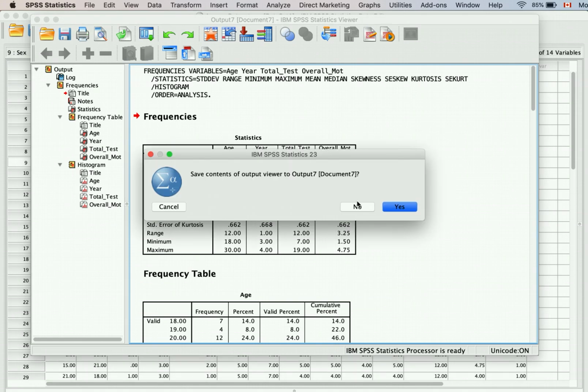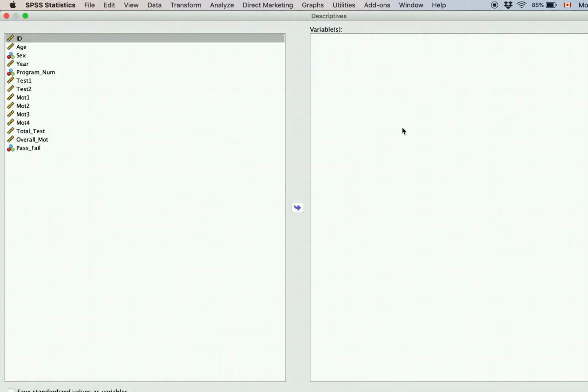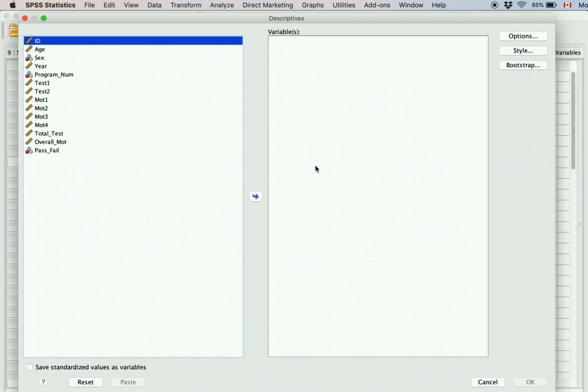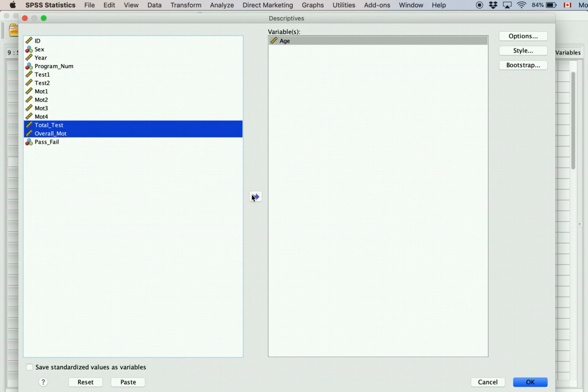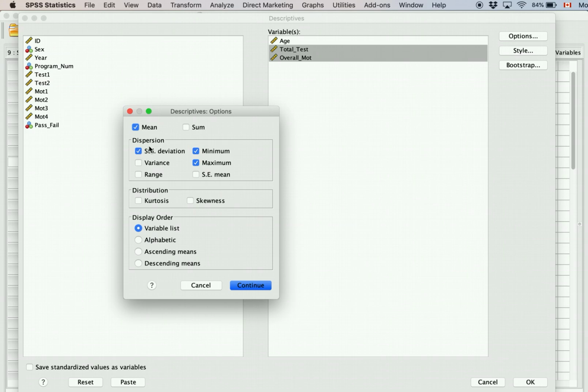And now I'm essentially just going to show you the same thing, but using the other window. So, oops, this is really big. Okay, so Descriptive Statistics has an extra option down here to save the standardized values as variables. So don't worry about that. But essentially here we'll look at age, not year, because it should have been categorical, and then the two test scores. And this time here you click options